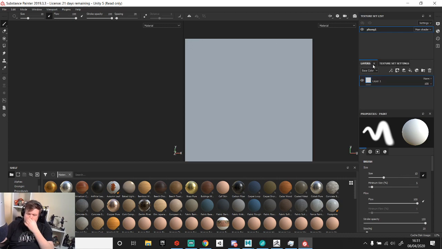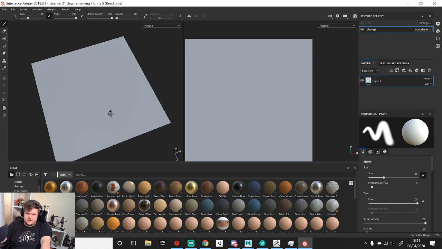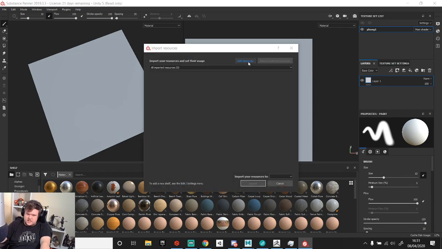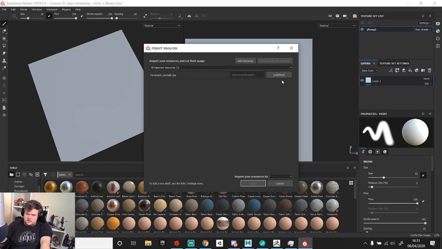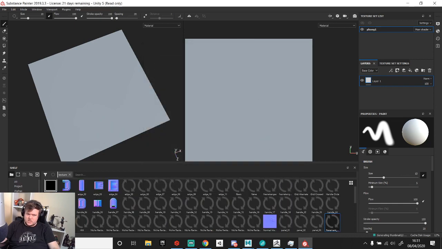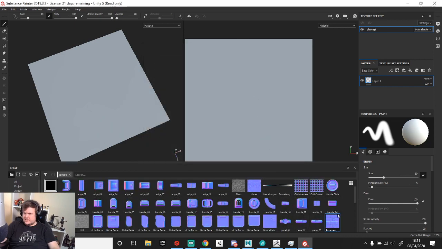We can actually bring in the low poly, the normal map, and actually have it on a layer. So what I'll do is add resource and bring it into the desktop. Bring it in as a texture, and there you go, import. So I've got the normal map that I've baked out of Thingy, and what we can then do is